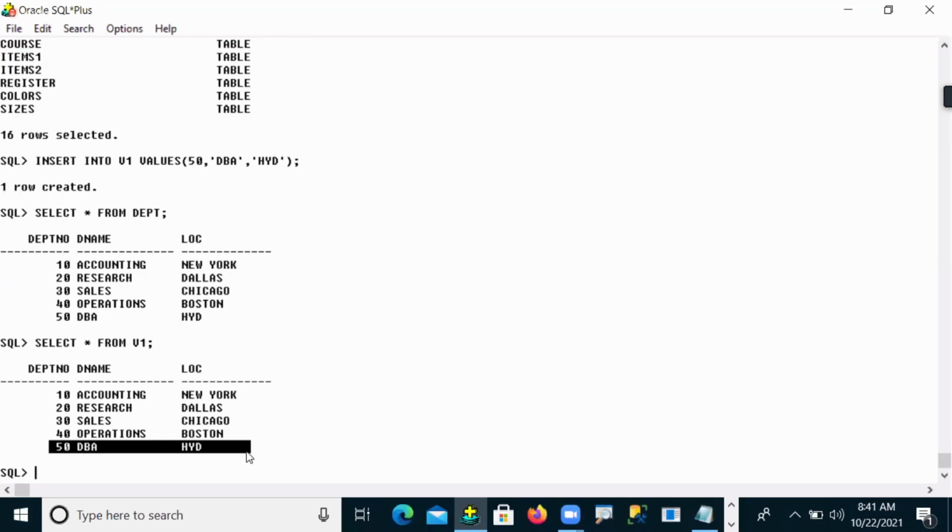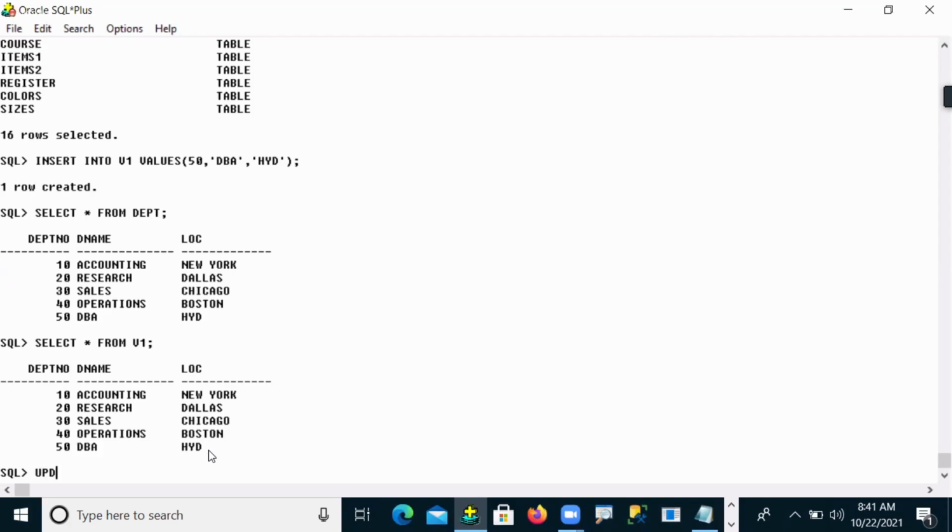Whatever is going to happen on the physical object, I can see the same in my virtual as well, because it is a virtual of the physical. Whatever happens on the physical is immediately reflected in my view. So after inserting, when the user calls select star from view one, they check and see that the data was successfully inserted. So the user can understand now.